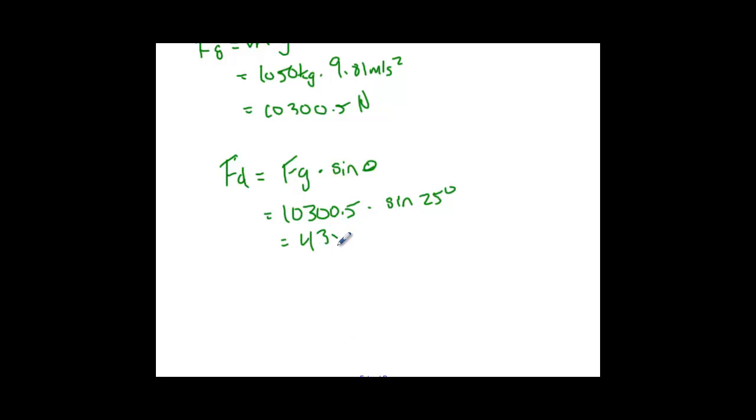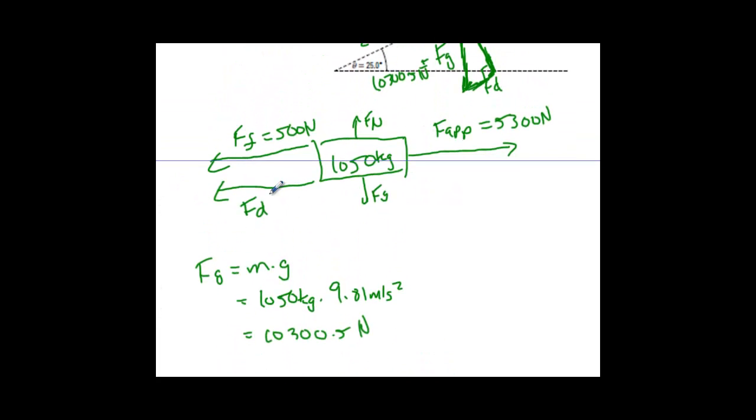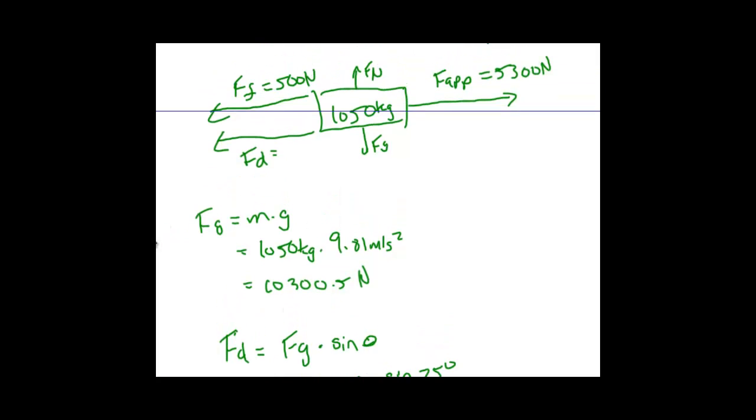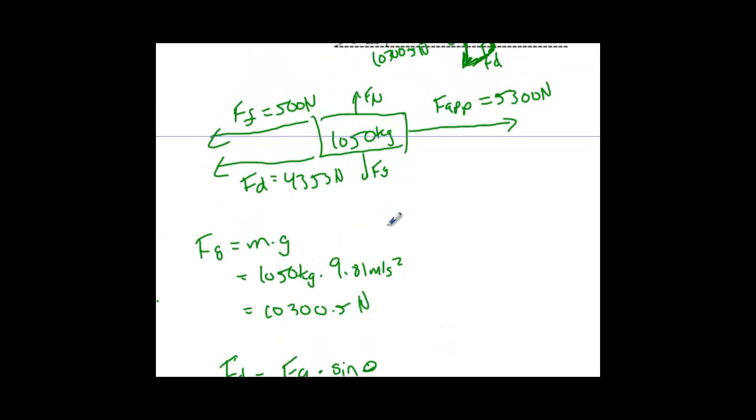I've got a downward force of 4353.179 newtons. So hopefully you guys have the same thing. So let me go back to my diagram here. This guy right here is actually pulling downwards, like gravity itself. The downward portion of gravity is actually pulling back at about 4,053 newtons, which is going to take up most